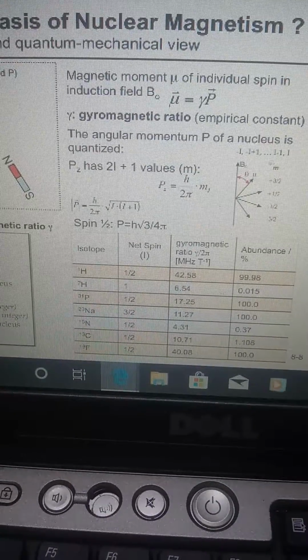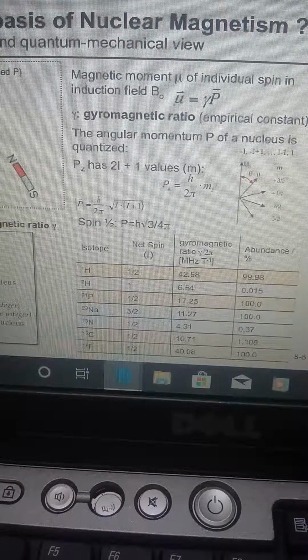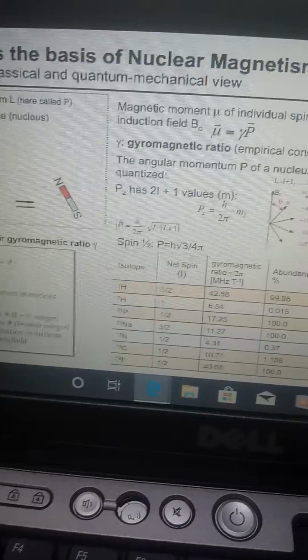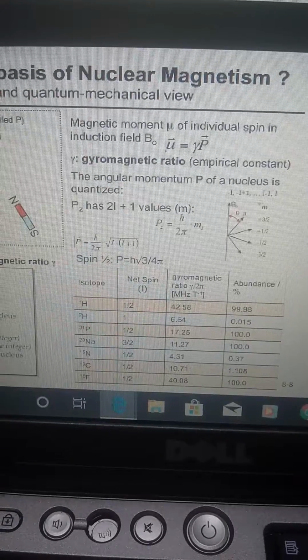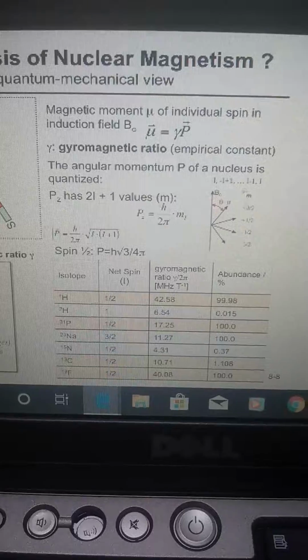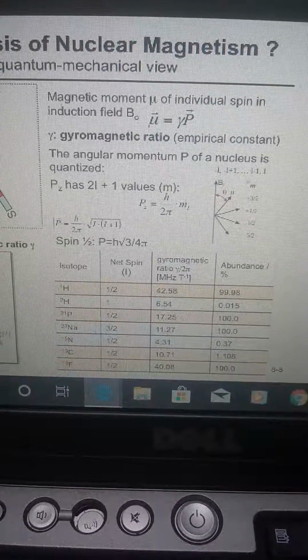And finally we have the abundance. So what do we see here? We have hydrogen, spin 1/2, gyromagnetic ratio is 42 megahertz per Tesla, and basically every hydrogen atom is an H1. Then we have deuterium. This has a spin 1, so it's a quadrupolar nucleus, very low gyromagnetic ratio, and the abundance is about 100%. Phosphorus 30